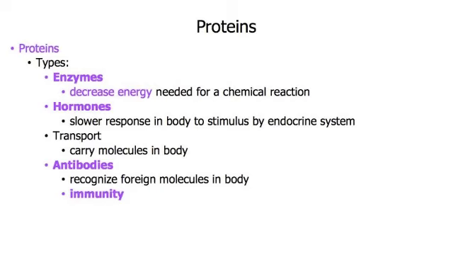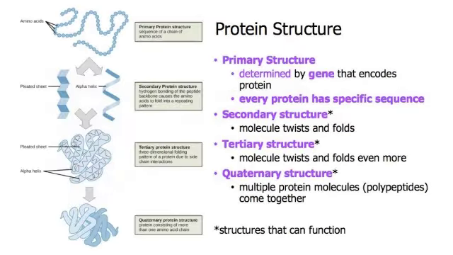Chemically speaking, hormones may be classified as either proteins or steroids. All of the hormones in the human body except the sex hormones and those from the adrenal cortex are proteins or protein derivatives. Antibodies are also another example of a protein, and antibodies are important to your immune system. Moving on to protein structure,